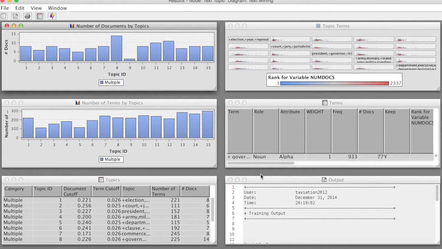The number of documents by topics bar chart displays the number of documents that are assigned to each topic. Each bar corresponds to a topic. If you position the mouse pointer over a bar, then a tooltip indicates the topic, the number of documents included in that topic, the category, and the topic ID. For example, we see topic 1 with 8 documents assigned to it. The category is multiple. The topic shows terms that describe the topic, such as election, year, representative, knowledge, etc., which are closely related. Topic 2 has 6 documents, and the terms that describe the topic include court,